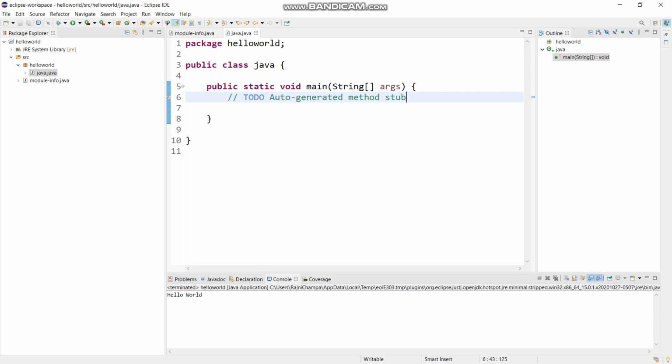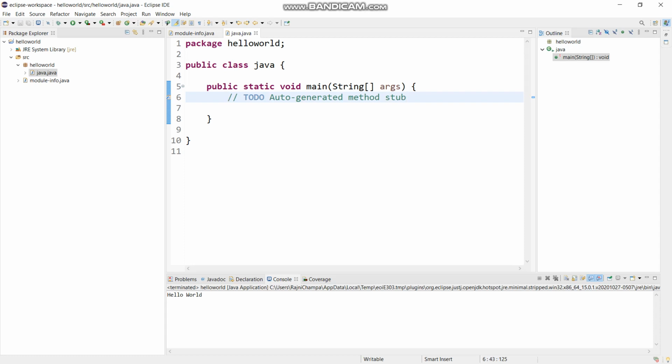So within this package we have our main class, that is public class Java, with a pair of curly braces. Within this class we have our main method, that is public static void main(String[] args). Public is there so it is accessible from other parts of the program.